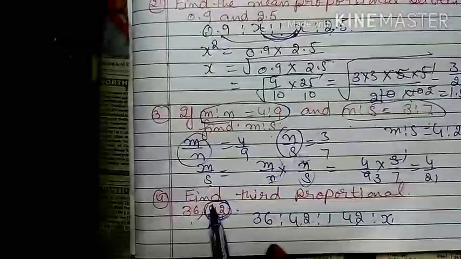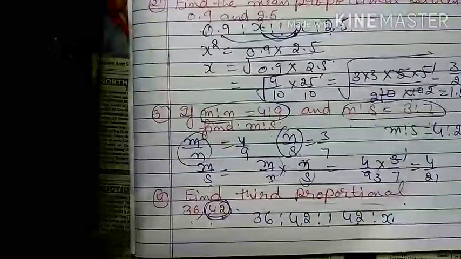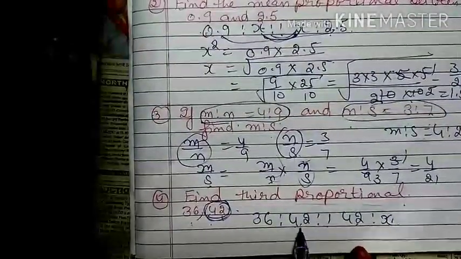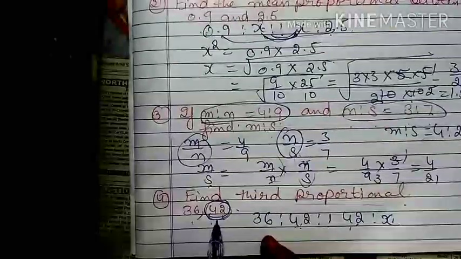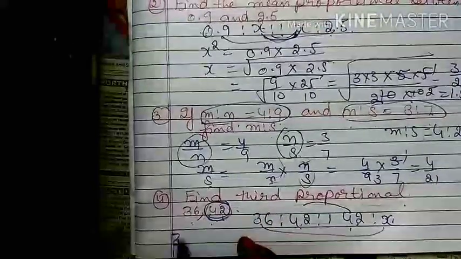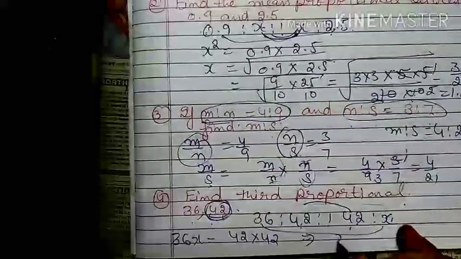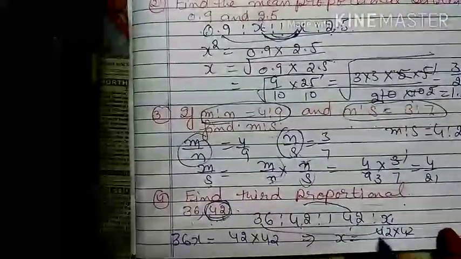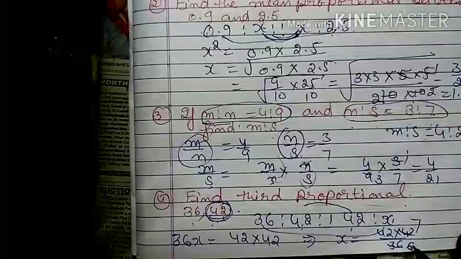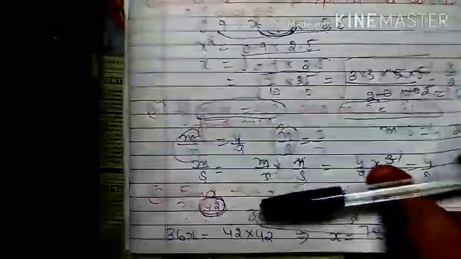Okay, so if there is a condition that you have to find the third proportion, then it is not kept in the third position, it will be kept in the fourth position. And here your second position and third position repeat the second number. Then you again go with product of means and product of extremes, that is 36x is equal to 42 into 42. So when you divide, x is equal to 42 into 42 by 36. If you check, 6 6s are 36, 6 7s are 42, 6 1s are 6, 6 7s are 42, and your required answer is 49.